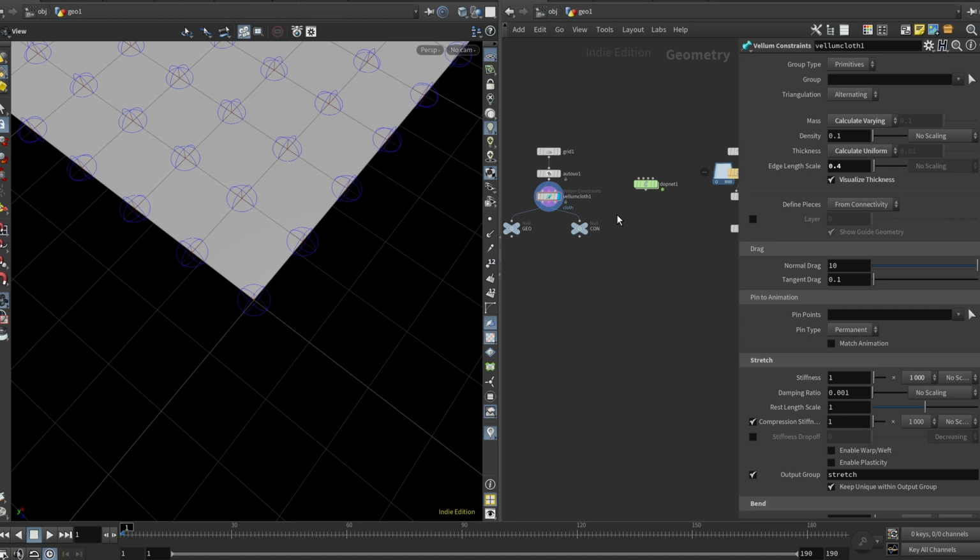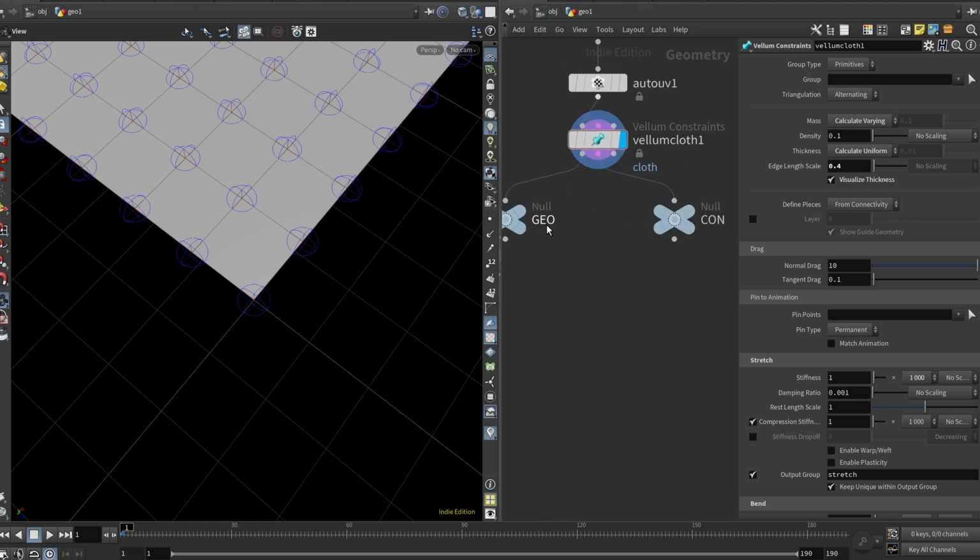The Pyro source solver, Vellum solver, I think even fluid simulations could be done in SOP level. But as the time goes, I start to think that it's actually cleaner or more understandable to separate the simulation inside the DOP net. So we have fewer nodes in one, in this case, SOP level. So that's why I drop a geo, I drop a constraint, all of them are nulls, but just named geo